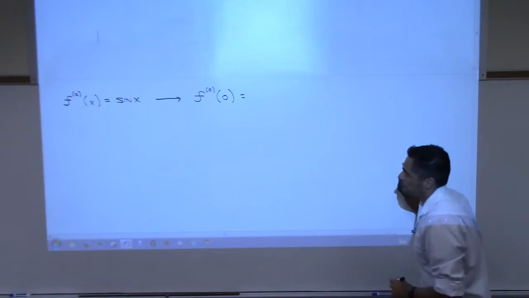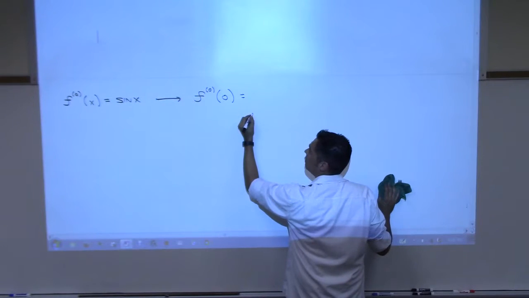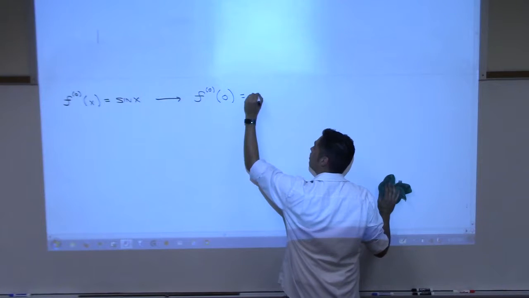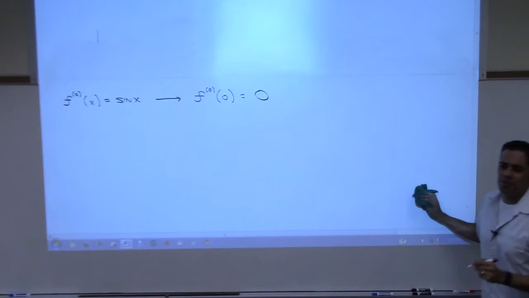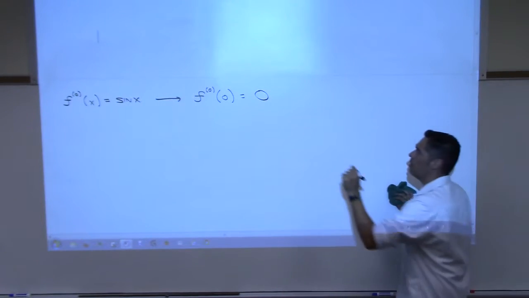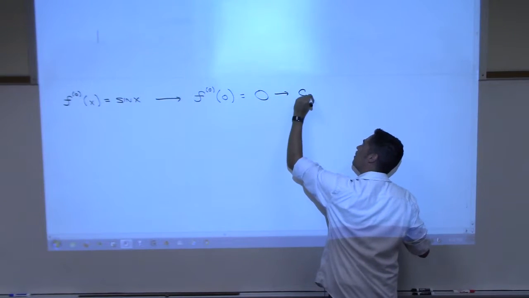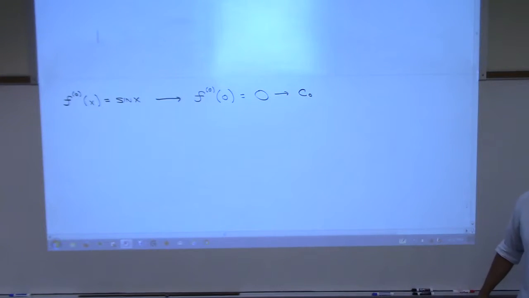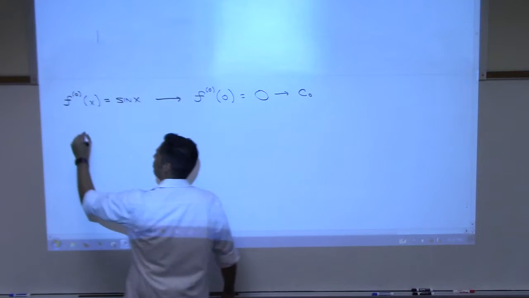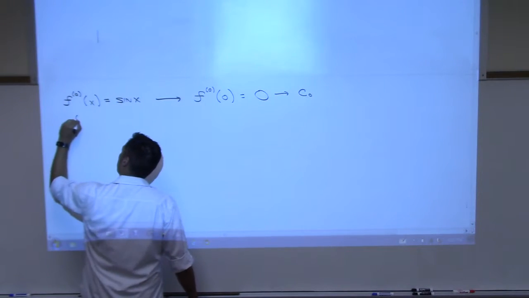And what do you get? You get sine of 0, right? Sine of 0 is 0. Yes? Sine of 0 is 0. Remember, this number is c sub 0, isn't it? Yes. Okay. Now, let's do the first derivative,